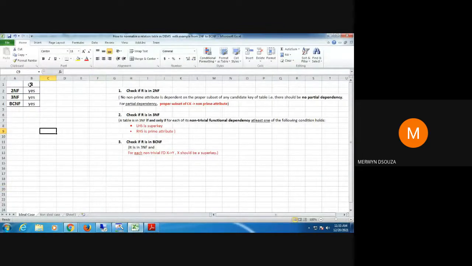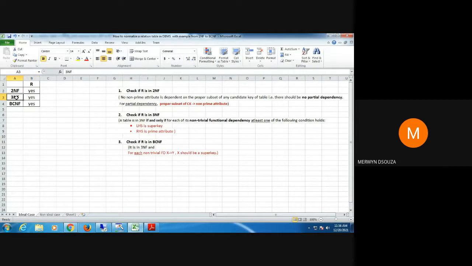Suppose you're given a relation R. You're going to assume it is in first normal form, and you're going to start checking from second normal form. For second normal form, you know the violation: if there's a partial dependency, that means there's a violation. So you'll check whether R has any partial dependency. If it does not, then R will be in second normal form, and you will go on to the third normal form to check for any violation.